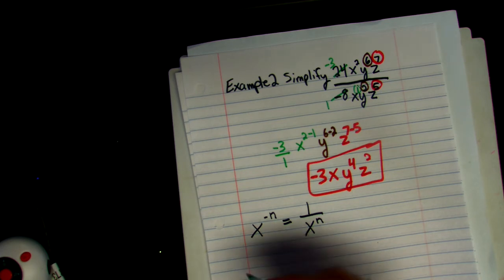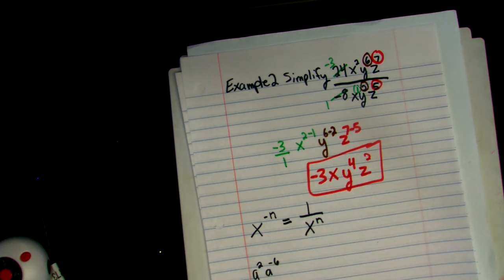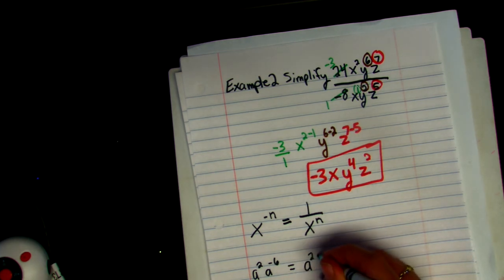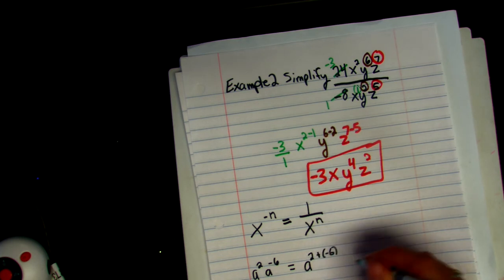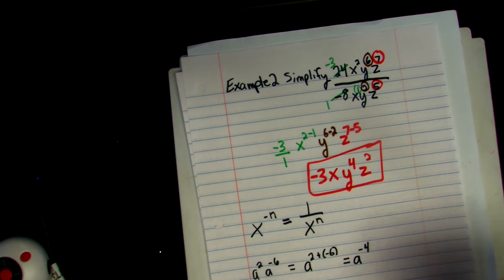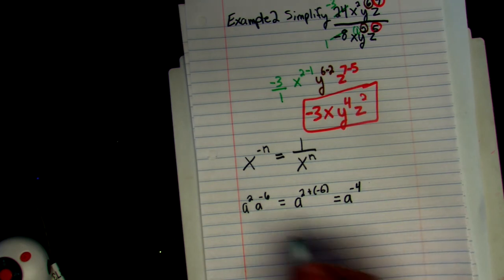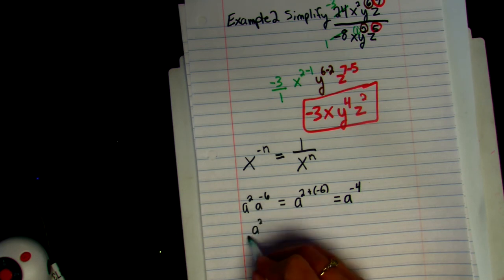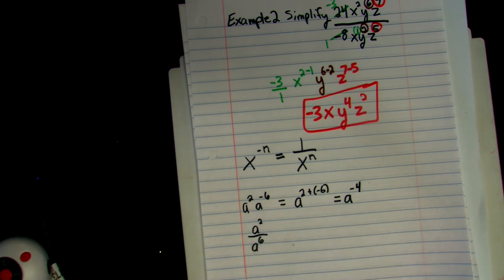So for example, if I have a squared times a to the negative 6, according to the product property, I should do a to the 2 plus negative 6, which is a to the negative 4. Now, if I were to use my quotient properties, well, then a to the 2nd, a to the negative 6, this negative exponent means that it should be written as a to the 2nd over a to the positive 6. And if I were to expand that out,